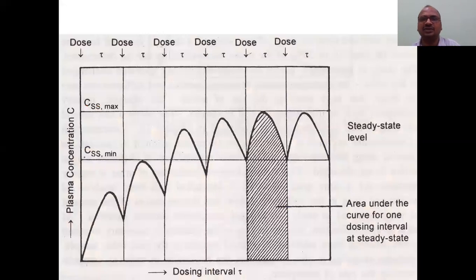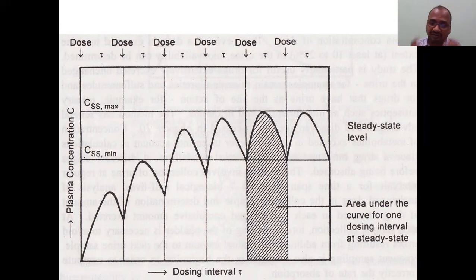So this is actually a problem with the conventional dosage form. You know that this is the maximum safe concentration and this is the minimum effective concentration. So you have to maintain the plasma drug concentration in this area only. How to maintain? See here. Initially the dose is given, the concentration increases, then because of half-life it is reduced again. Again you take the dose. See here, again you have to give a second dose, because it is becoming less. Again you have to give the dose. Like that, you are maintaining it. Nearly 1, 2, 3, 4, 5, 6 doses are required to bring it into the therapeutic window area.